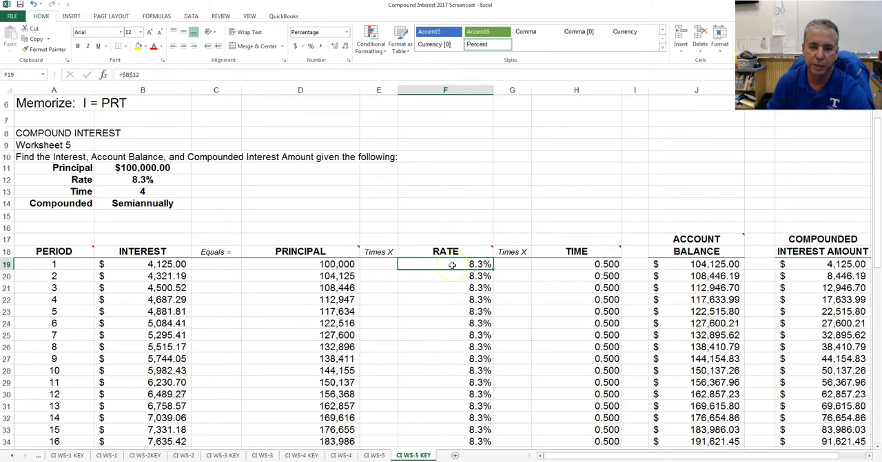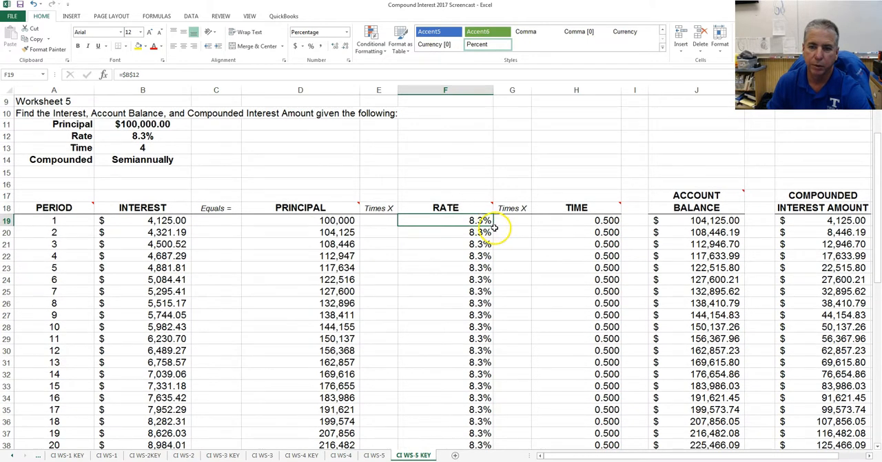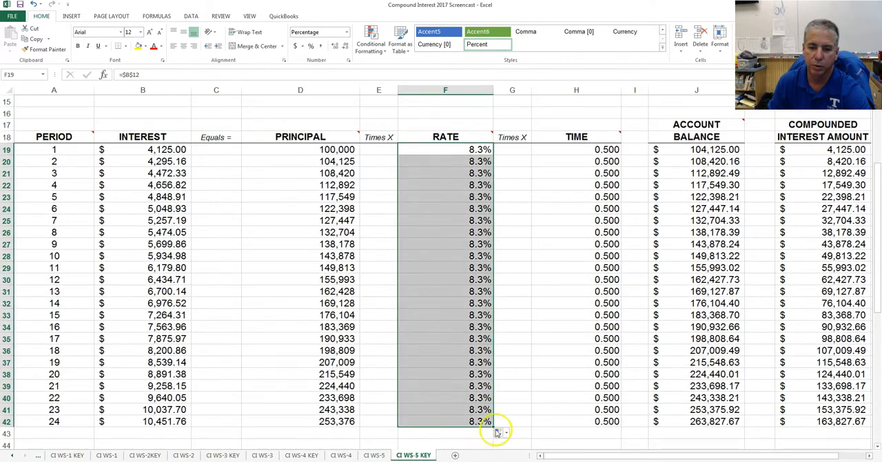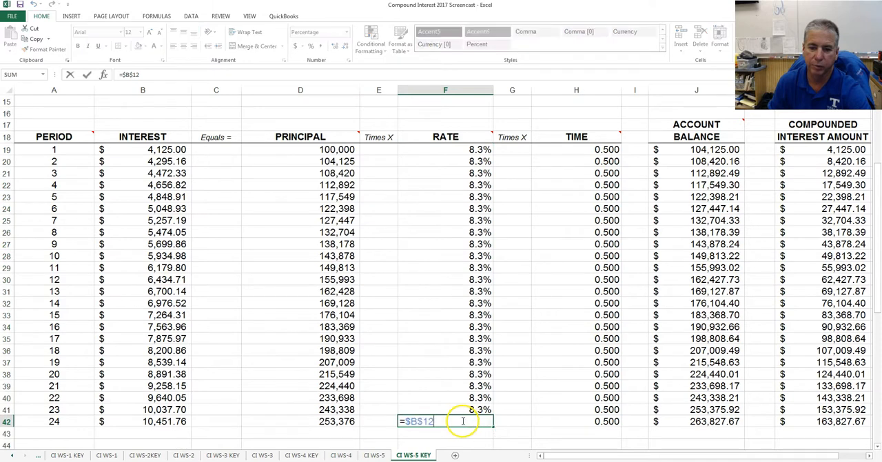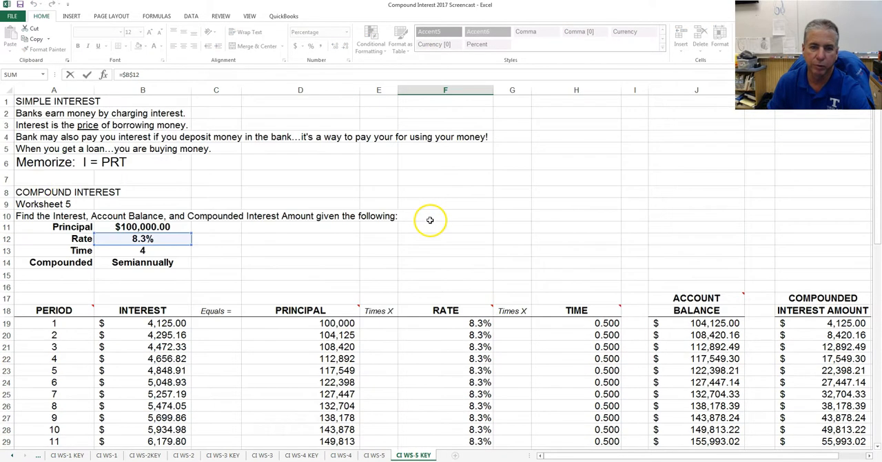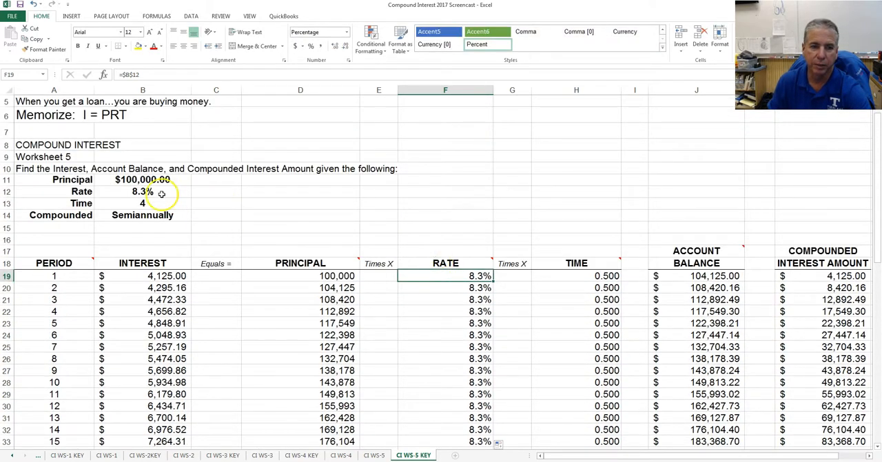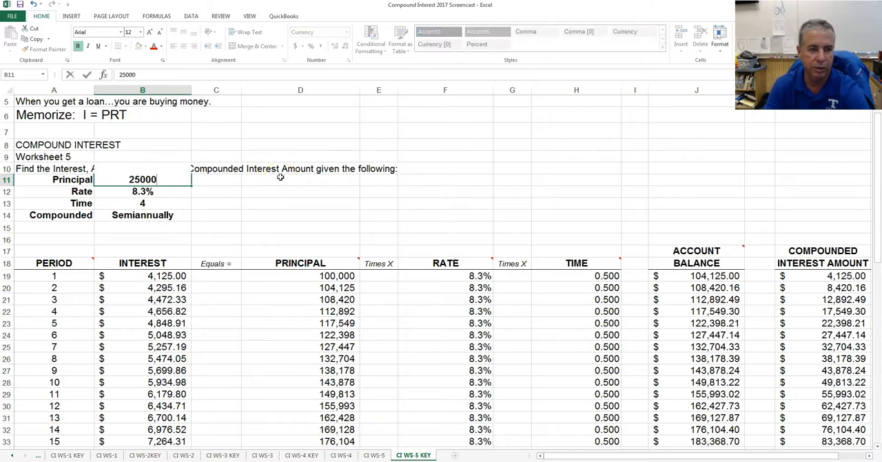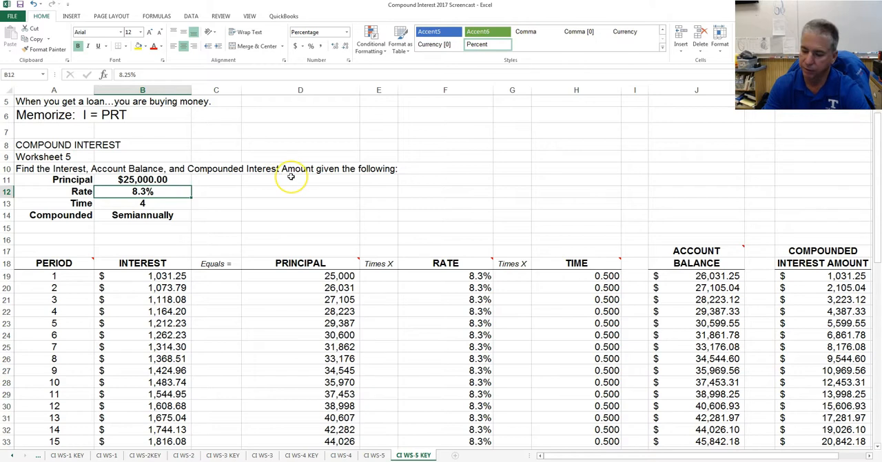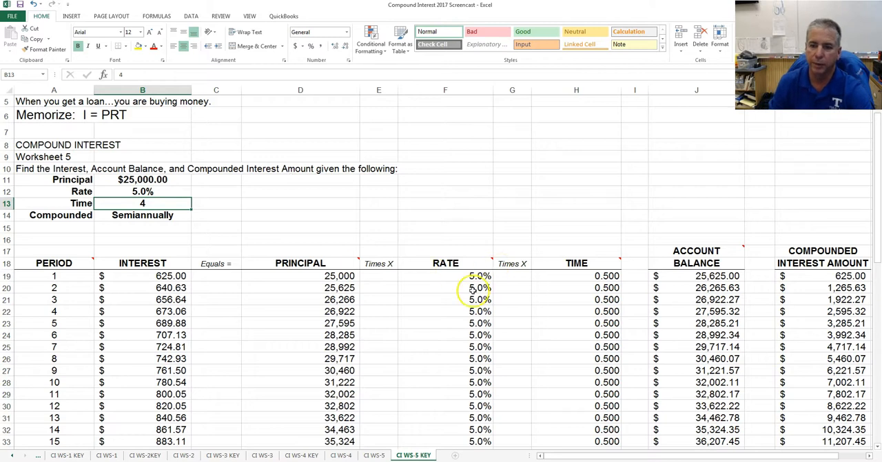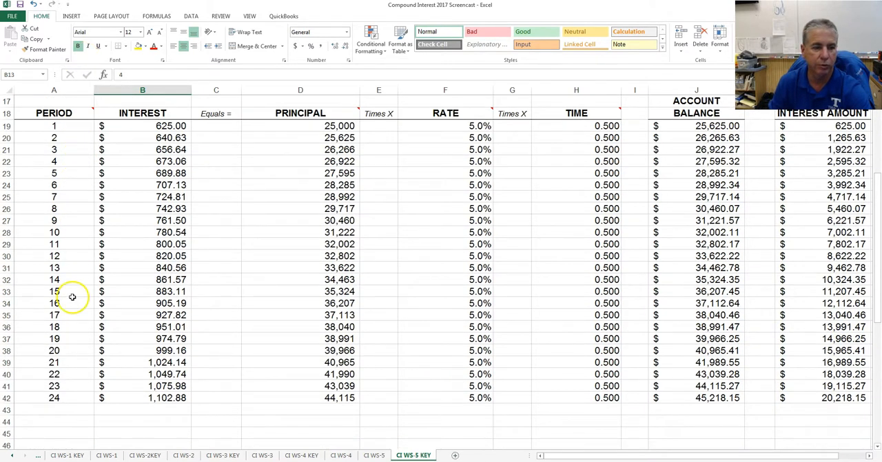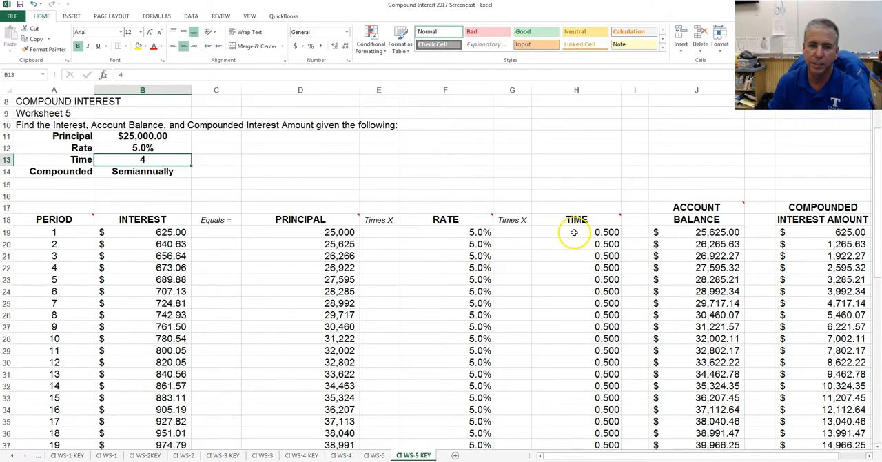Now when we copy this 8.3, it will insert that location, and we can verify that by double clicking, and there it is. So every one of these is going to reference that location. And that means that we can now adjust the principal. Let's say we want $250,000 at 5%. And there it is. It automatically put it in and calculated all the way through 24 periods based on a semi-annual